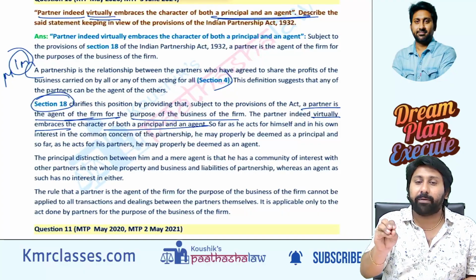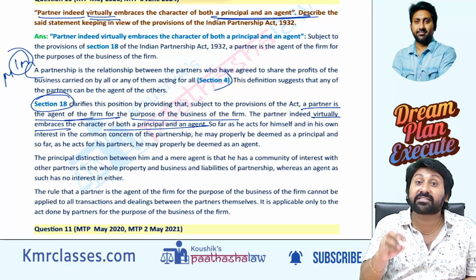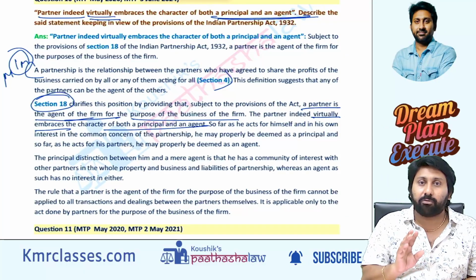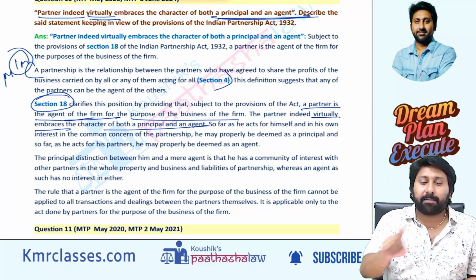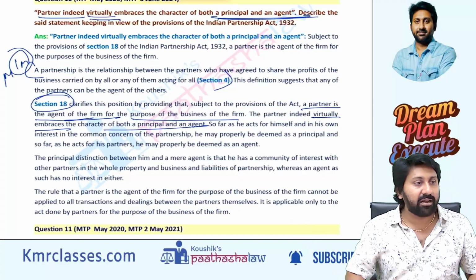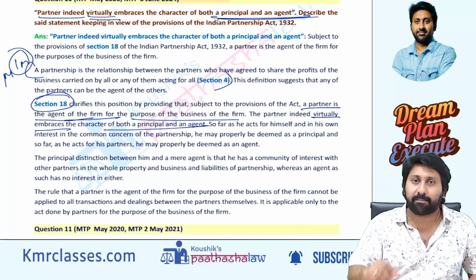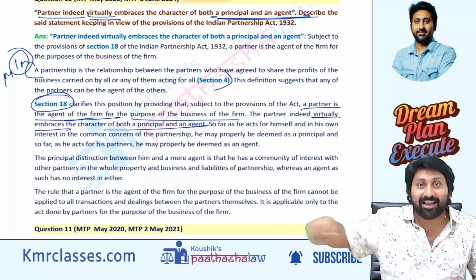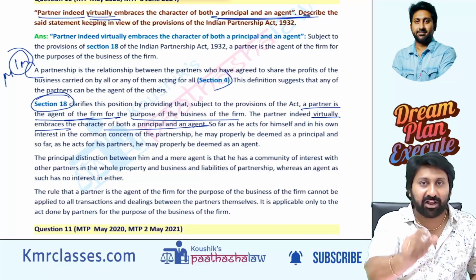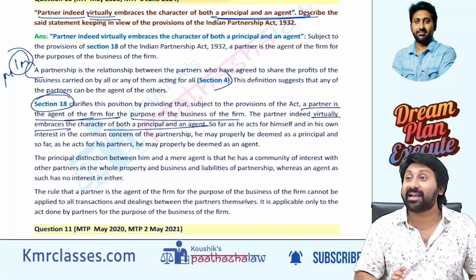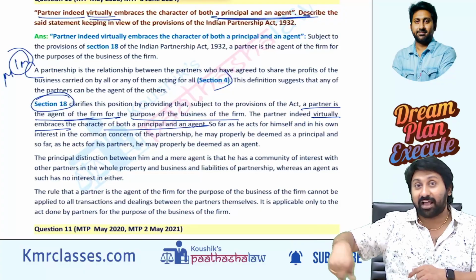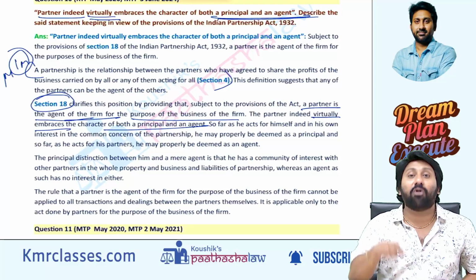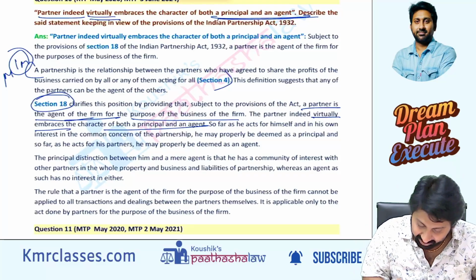Now, when does he act as agent and when as principal? When he does anything for himself, for example, all partners decided to bring 5 lakh extra capital. Capital is brought at the beginning, but they wanted to bring extra capital. Partners A, B, C decided, let's bring another 5 lakh. A brought 5 lakh and kept it as capital. B and C, being smart, said the act of a partner becomes the act of the other partners, so if you bring 5 lakh, it is as good as we also brought 5 lakh. That's overreaction.